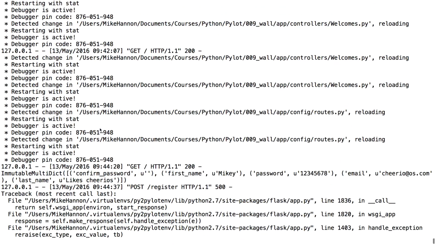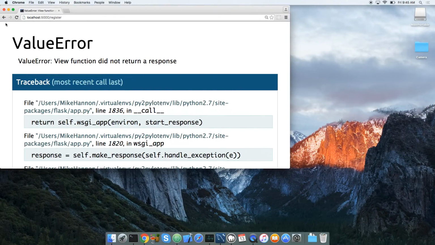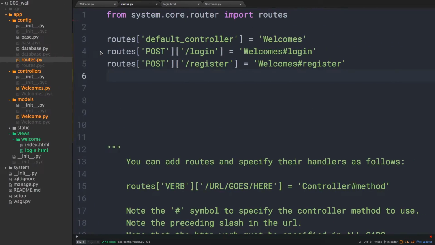So somewhere in here, we should see this immutable dictionary, and there it is. So Mikey, password, Cheerios, likes Cheerios. Cool. All right, so we have our data coming over, looking good. All right, sweet. Let's go back here, refresh that. All right,